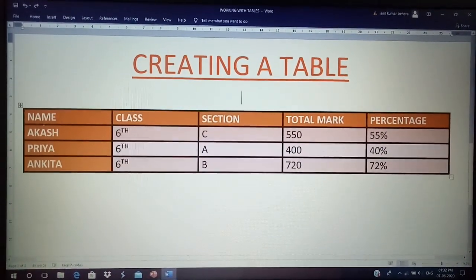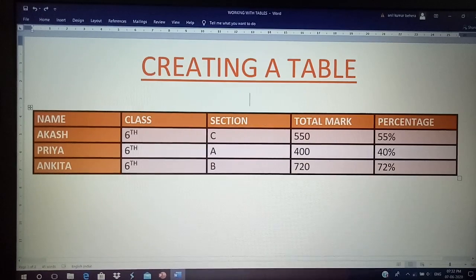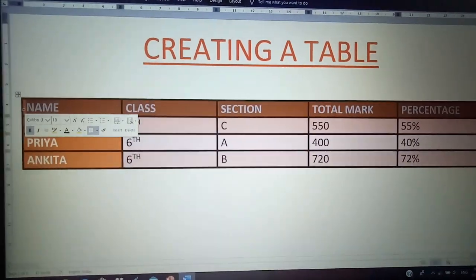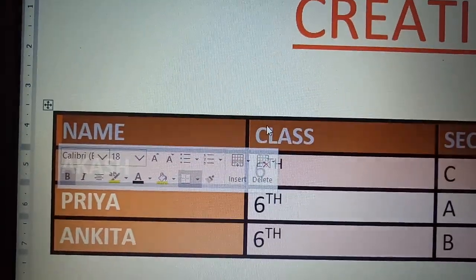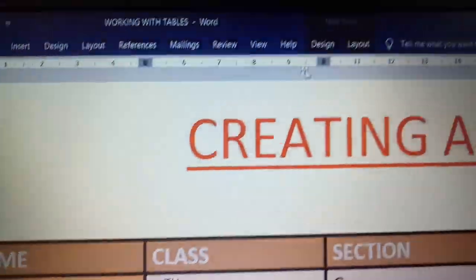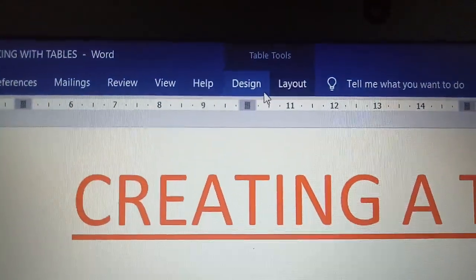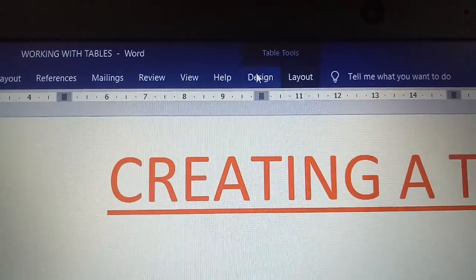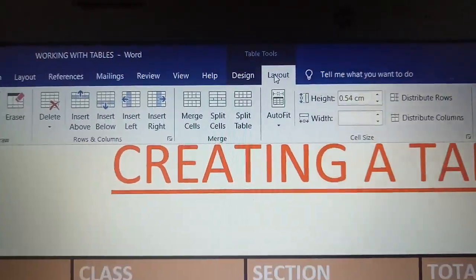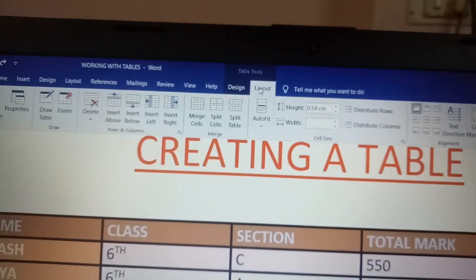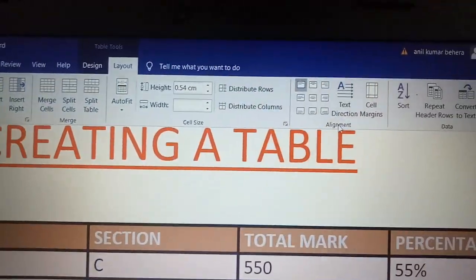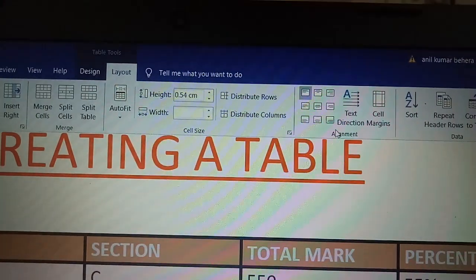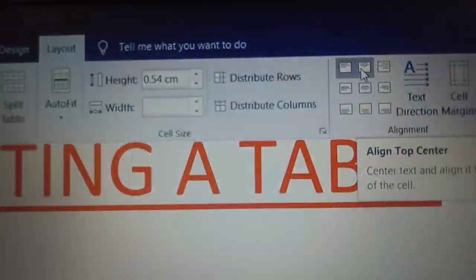Let us say I want the heading, the first line of this table, to be aligned center. From the Table Tools option, click on Layout, and then here are your alignment options, right?